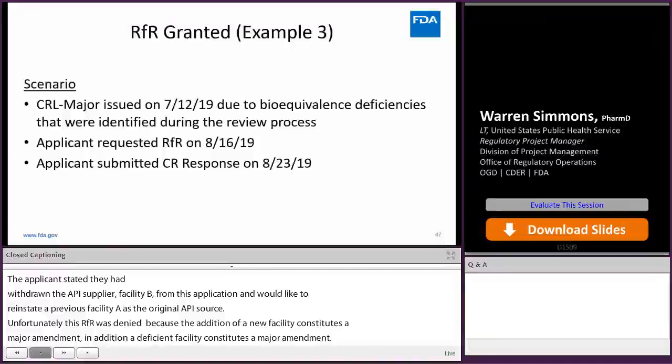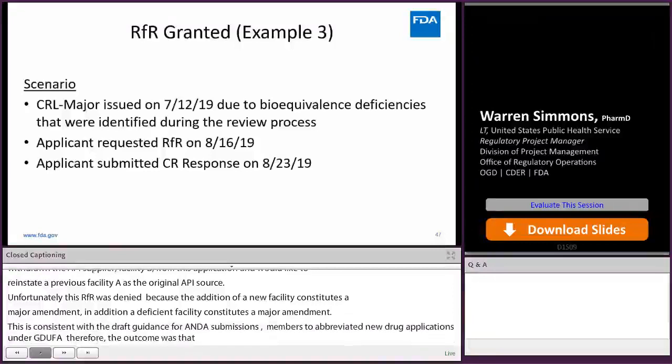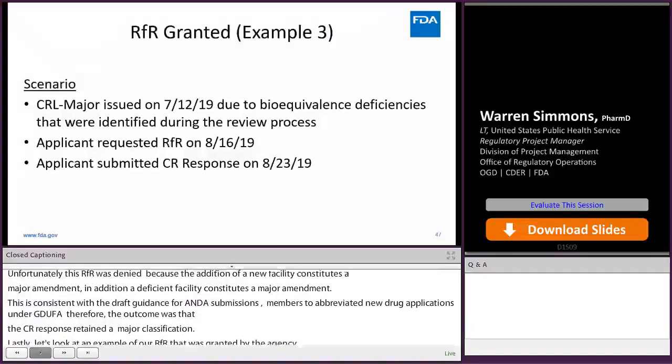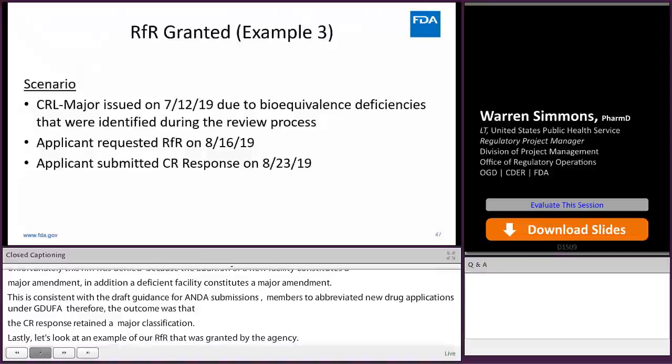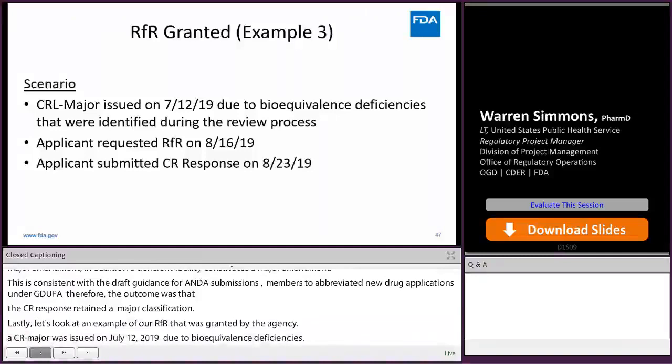Lastly, let's look at an example of an RFR that was granted by the agency. A CR major was issued on July 12, 2019 due to bioequivalence deficiencies. The applicant responded to the CR on August the 23rd, but before that they had requested an RFR on August the 16th of